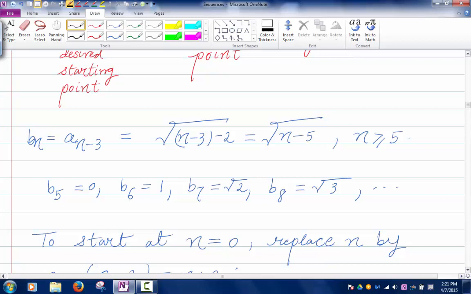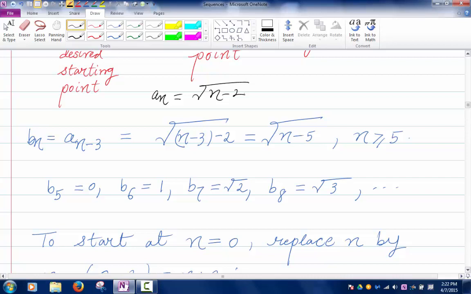Bn is an minus 3. I am replacing n by n minus 3. So remember the definition of an. The definition of an was root of n minus 2, right? I'm replacing n by n minus 3. If I do that, I get exactly root of n minus 5, right? So replace n by n minus 3, you get root of n minus 5, and then the starting index will